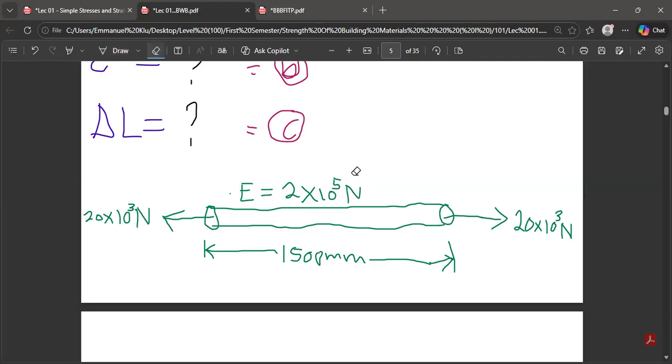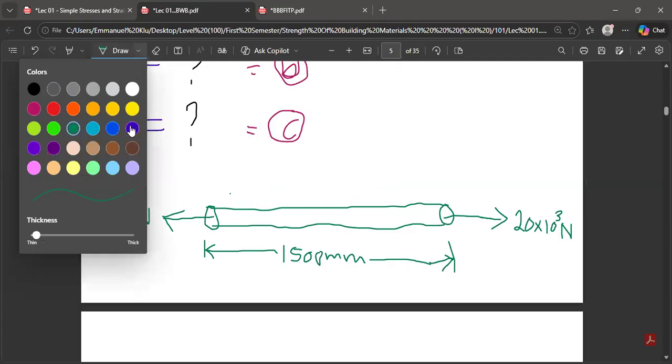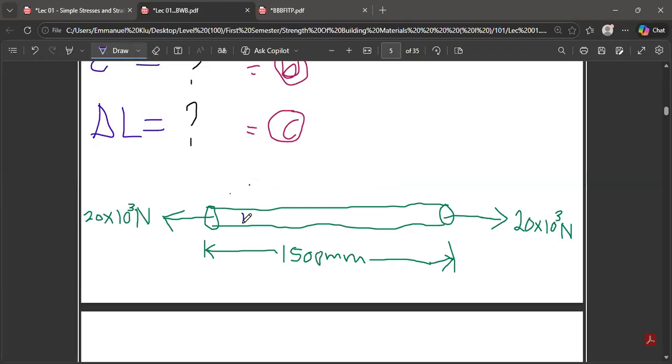I should have written that inside the material, so that at the end of the day we can all see what is happening. So let me change color pen and write it in the material. E is equal to, let's say, 2 times 10 exponent 5